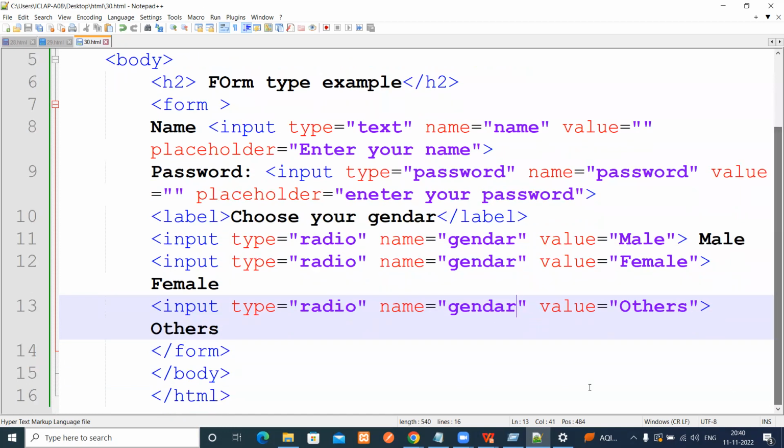The next one is checkbox, input type checkbox. If you have n number of options and you can choose only a few of them, if you want to choose multiple, it's checkboxes. So if you want to choose multiple